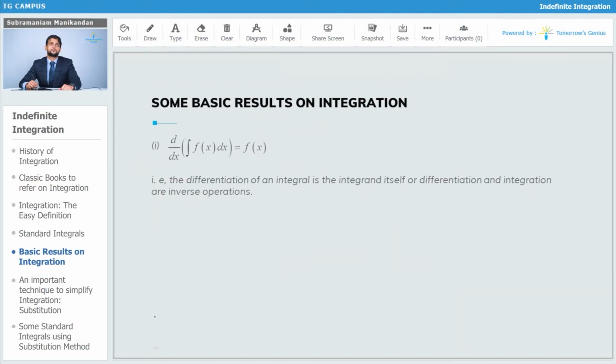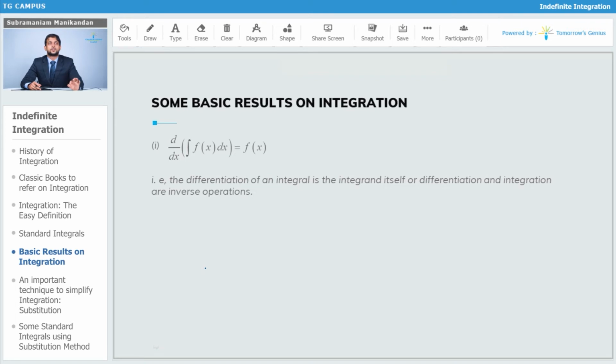First of those is the following. Whenever you have to differentiate with respect to x a function f(x) which has been integrated with respect to x, that is, you get d/dx of the integral of f(x) with respect to x, the result is the original function itself. In fact, this is a crude form of the statement of the fundamental theorem of calculus, which says that